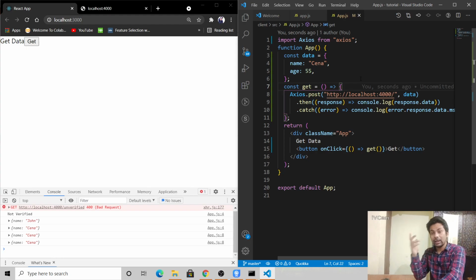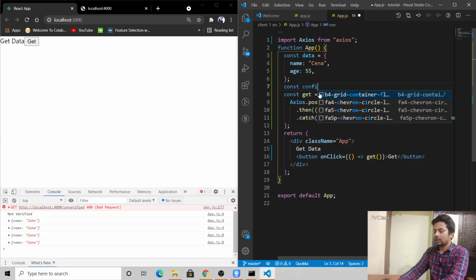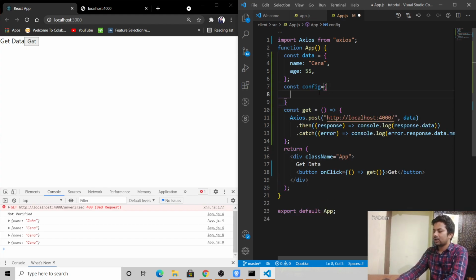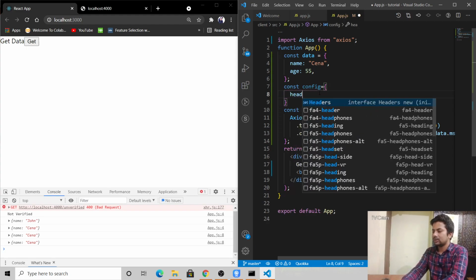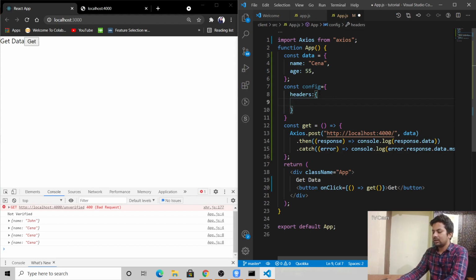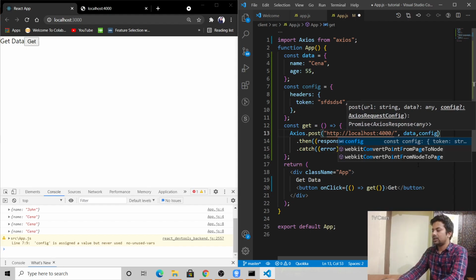But suppose you want to send headers also. For the same thing, we'll say const config. It's not just headers, you can send other data also, but normally we send the headers only. We'll make curly braces again, and we'll say headers, and again we'll make an object, and we'll say token. Suppose we want to send a token, an authentication token, and we'll say token is xyz, whatever the token is. And here we'll set the config.